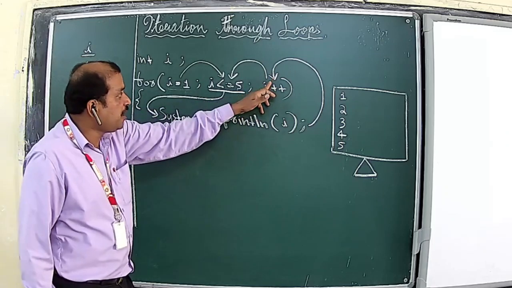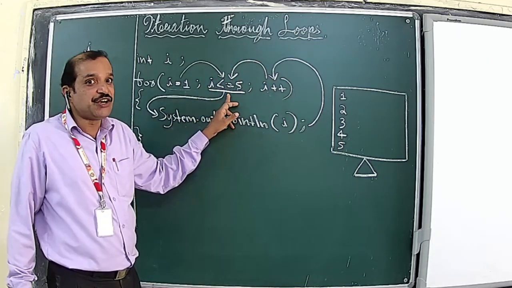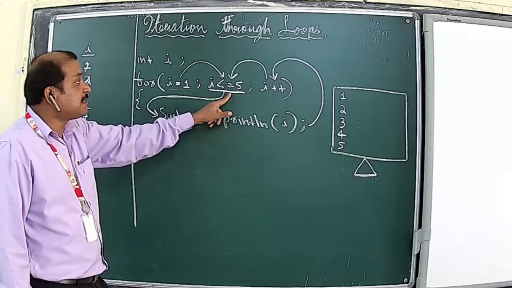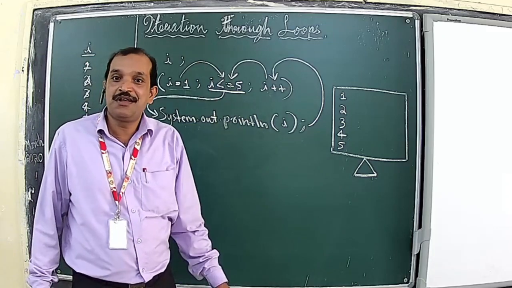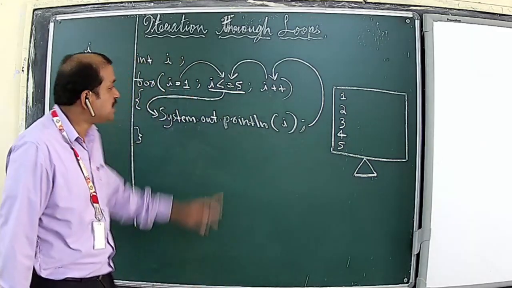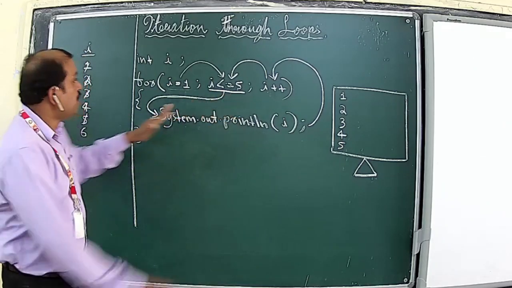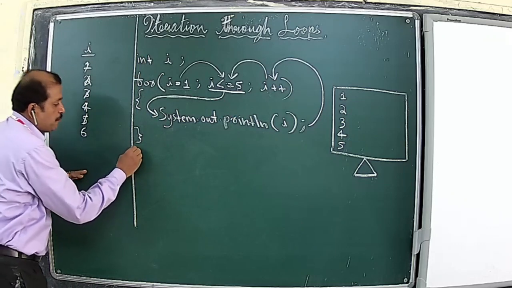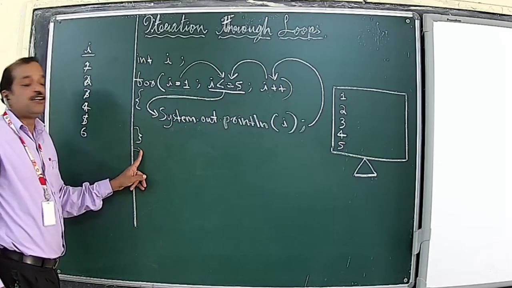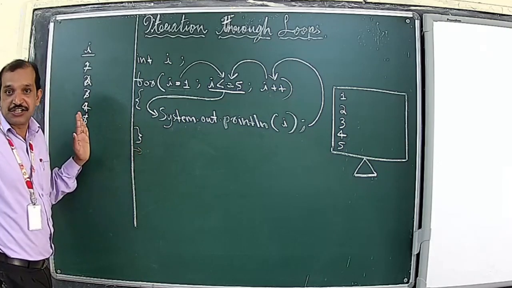And now again it will move to the test expression, and see the change here. Now the value of I is 6, and 6 is less than or equal to 5. Now it becomes a false expression. The result of this logical expression is false at present. Therefore, the loop is terminated, and if there is another statement outside the loop, it will proceed to that particular statement. The loop will be terminated.